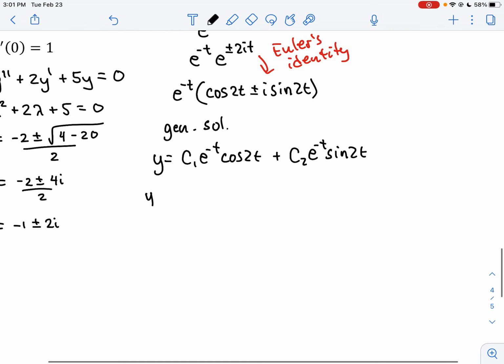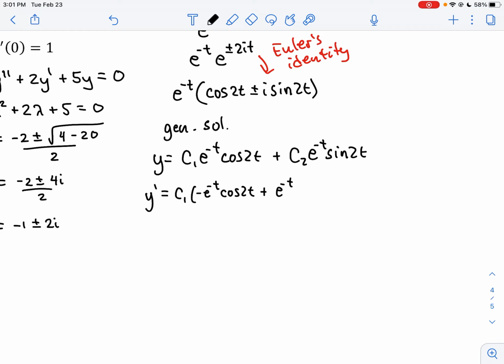We do want to do y prime next. So it's going to be a bunch of product rules here. So we have to use a product rule on this. The c1 will be in the front, and then the derivative of the first is negative e to the negative t times the second, plus the first, which is e to the negative t times the derivative of the second. And chain rule, in the derivative of cosine, we're going to have negative 2 sine, so I'm going to make this subtract, negative 2 sine 2t,